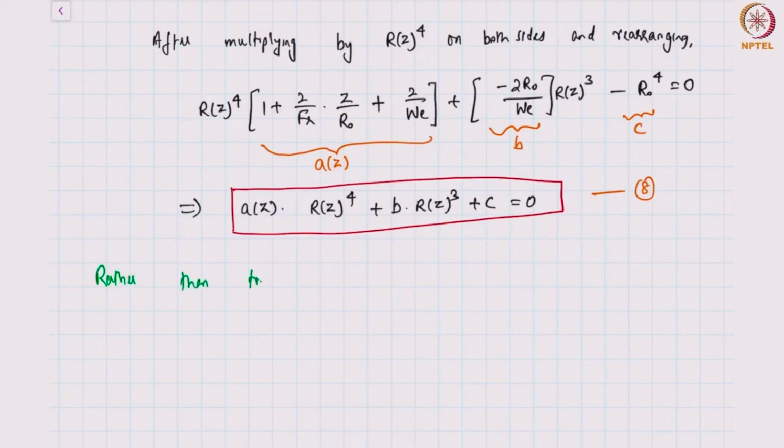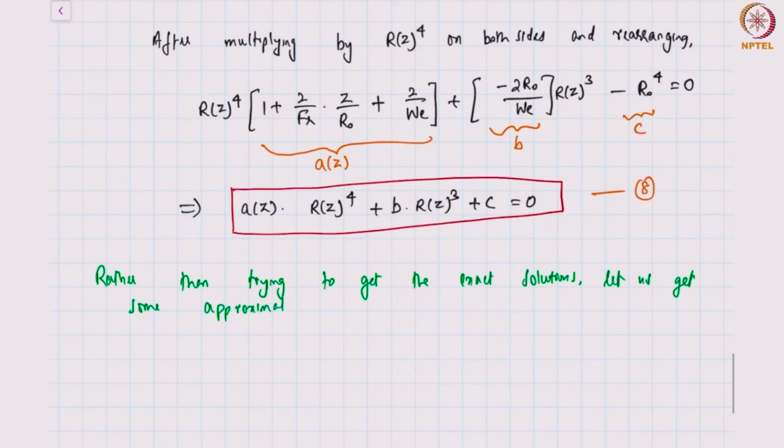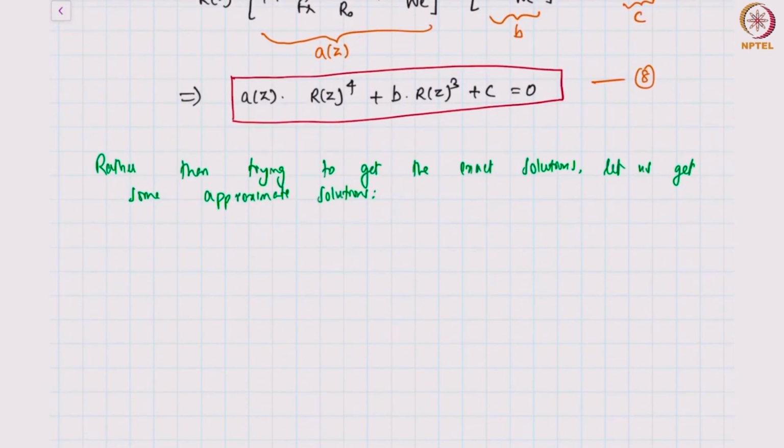Rather than trying to get the exact solutions, let us get some approximate solutions. I will show you one example of how to get an approximate solution. So let's consider